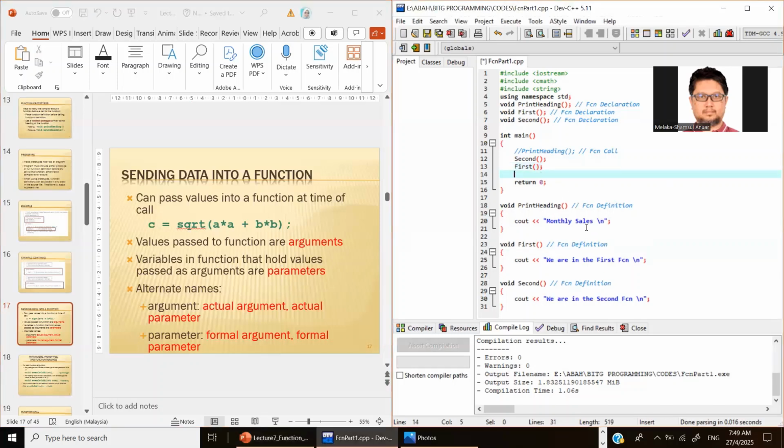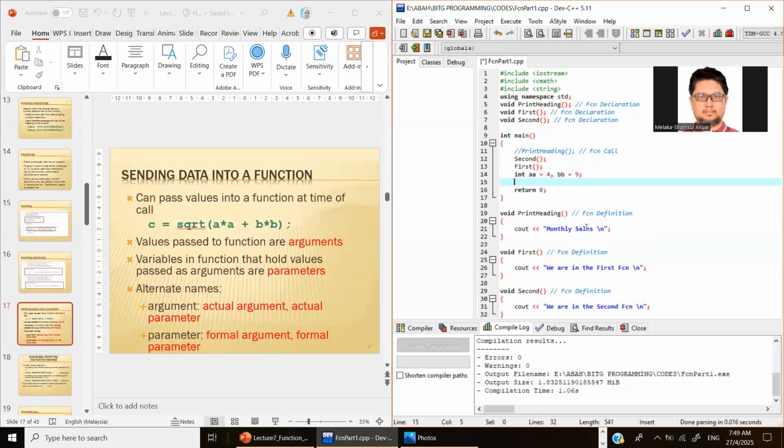So we declare integer AA equals 4, then comma, BB equals 9, semicolon. Then you have integer C equals square root, sqrt, of AA